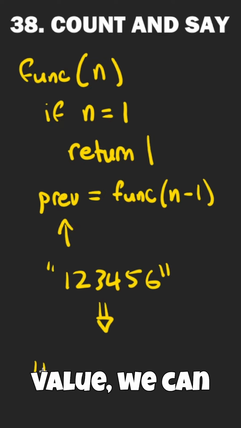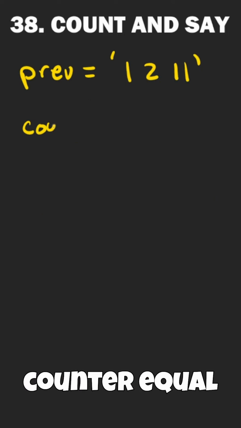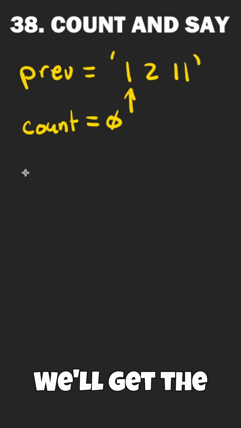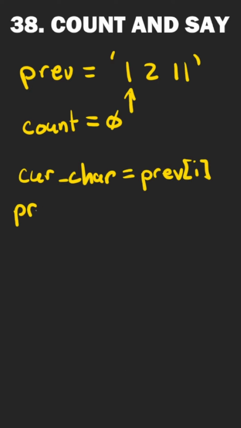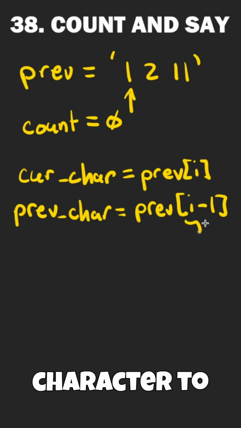Now that we have the previous value, we can calculate the next value in the sequence. We'll begin by setting our counter equal to 0 and start iterating through our previous string. We'll get the character at the current index and the previous index. Since our index begins at 0, we'll set the previous character to be equal to the current character for this